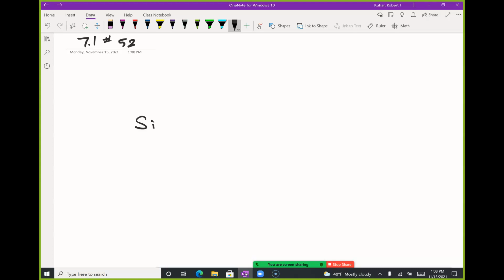So I want to find the value of the inverse sine of the sine of minus 3 pi over 4. And I would say your gut instinct is just to say that the inverse sine and the sine cancel, right? But the answer is not minus 3 pi over 4, because inverse sine can't exist there,